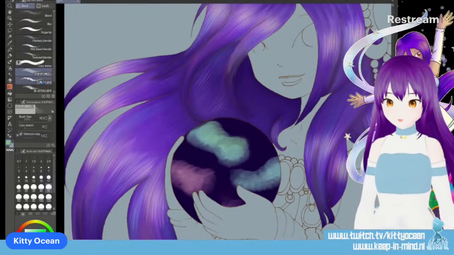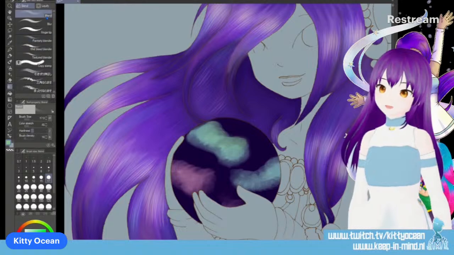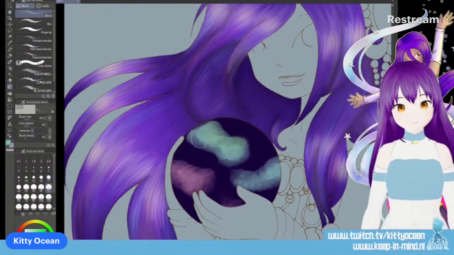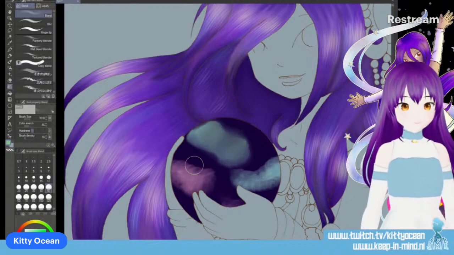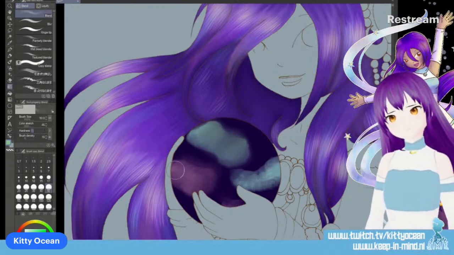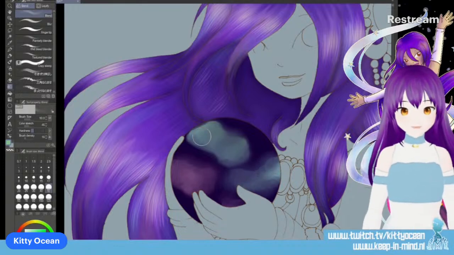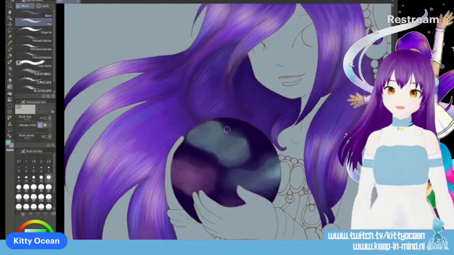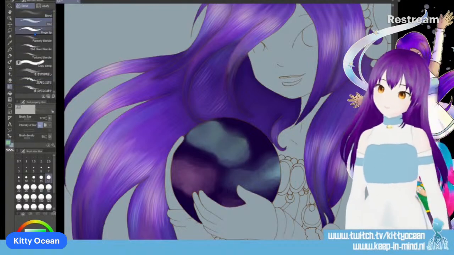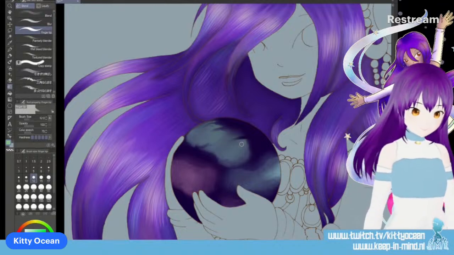I have no idea. Blend. So this is probably the ugly stage, and it's going to be very long in the ugly stage. Because again, I have no idea what I'm doing. Let's create some more.